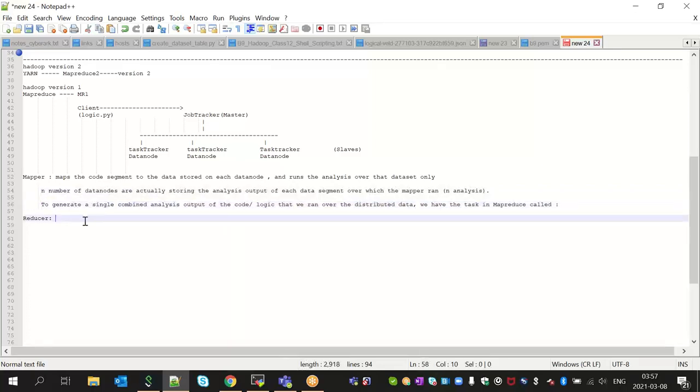Okay, what this reducer will do, it will combine the outputs from n data nodes to generate a single output that can be read by a client,